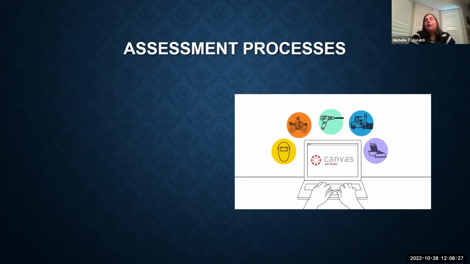On the next slide, we're going to talk about some of those assessment processes, and the image that is here on the right-hand side for you is a computer screen with Canvas and some of the various things that you can do with Canvas and the tools that are available. Everything that I talk about today can be done within Canvas because that is our learning management system, and I don't want to be using things that are not easily accessible to both our students and to our faculty,